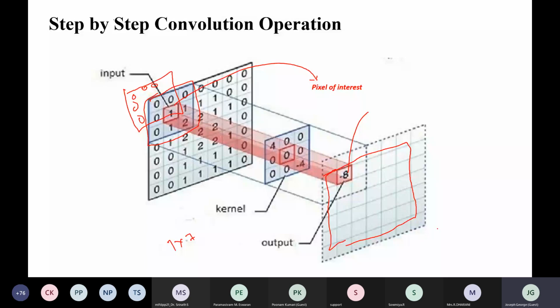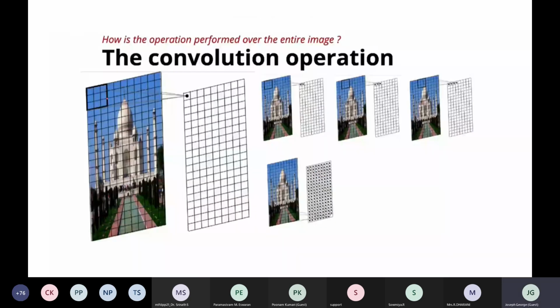Likewise, we will find the pixel values of a convolved or activation map. Here the kernel is moved from left to right. First it takes this particular portion and calculates the weighted sum.